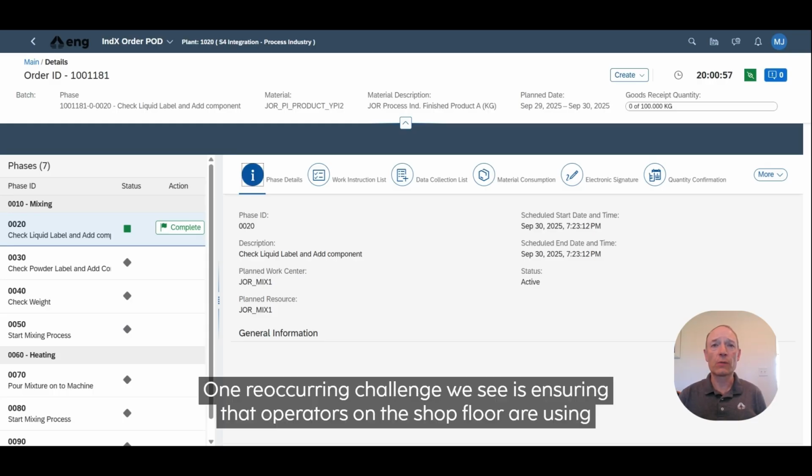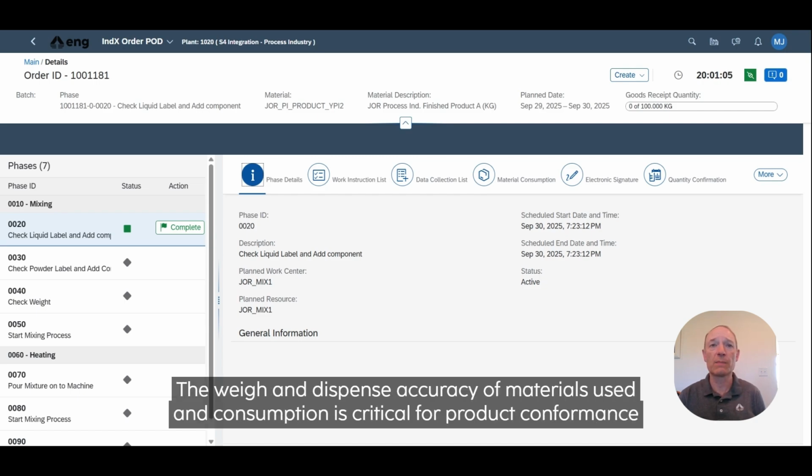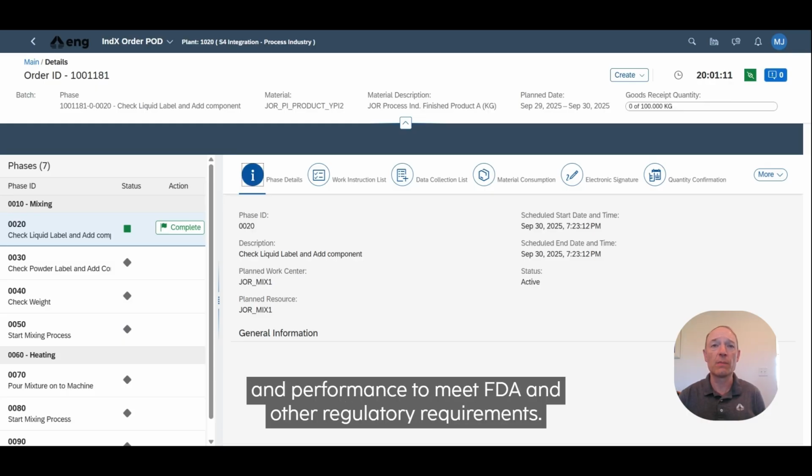One recurring challenge we see is ensuring that operators on the shop floor are using the correct equipment and materials, as well as properly recording this information. The weigh and dispense accuracy of materials used and consumption is critical for product conformance and performance to meet FDA